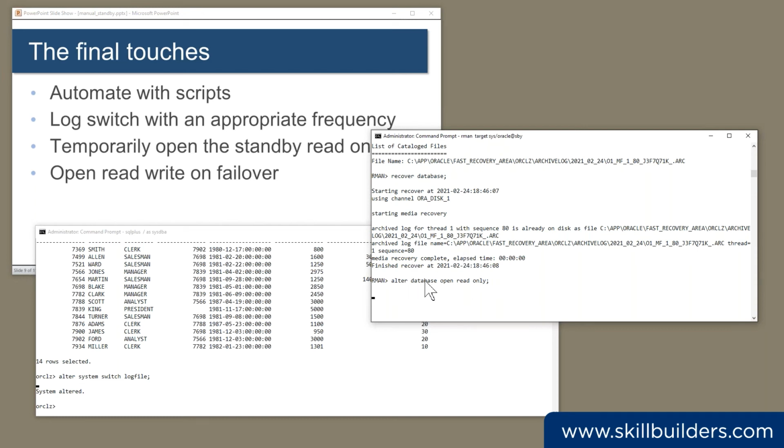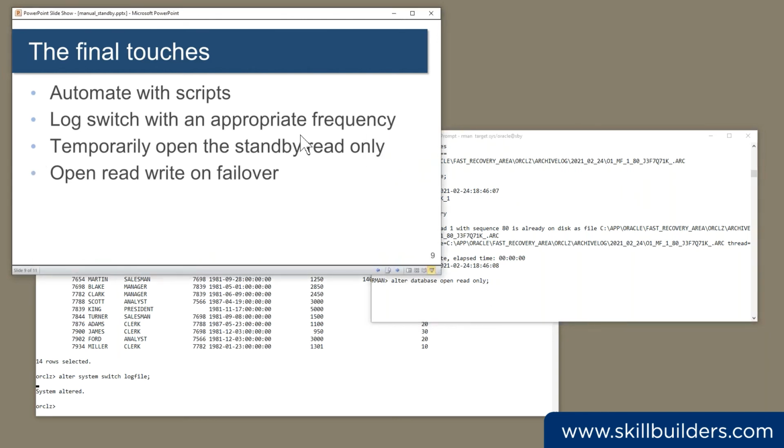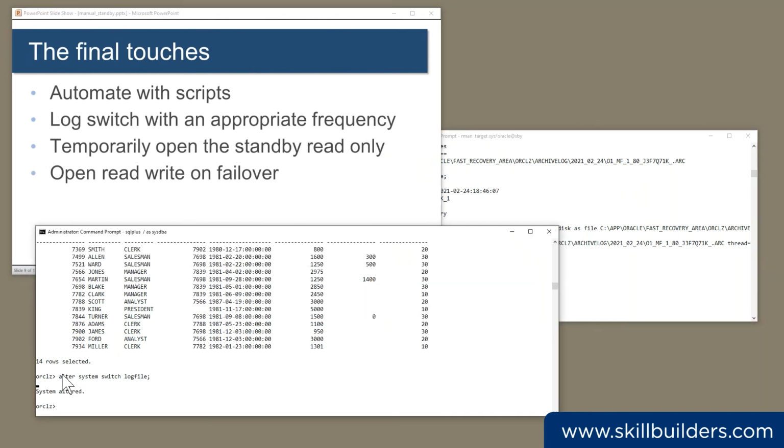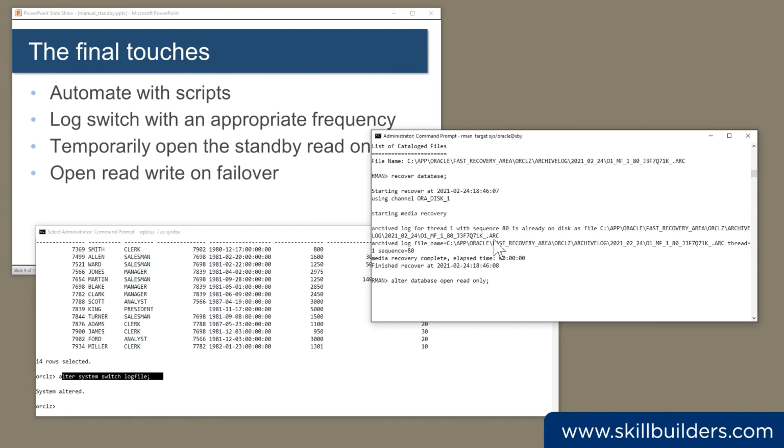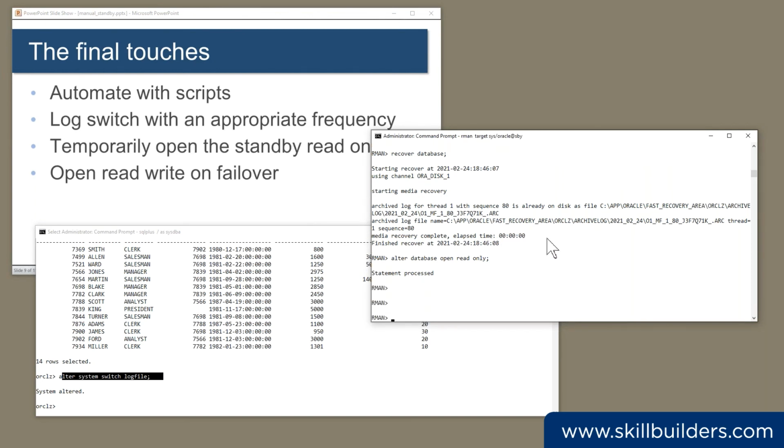Well, in the fullness of time, it should open read-only. And when it's open read-only, there's no reason why your scripts can't keep running to copy the archive logs across. The reason for opening read-only could be to offload query processing, or it could simply be to check that things really are working. And here we should see that if I select